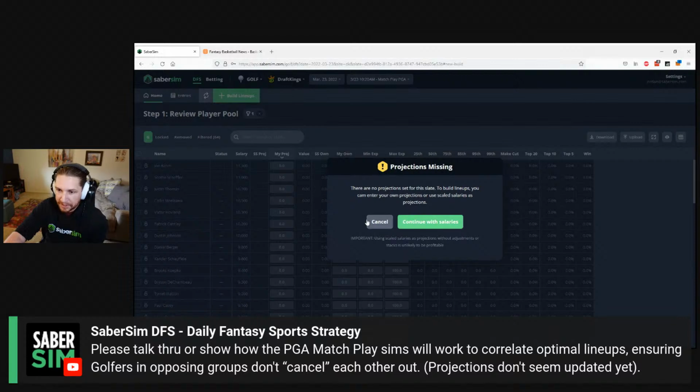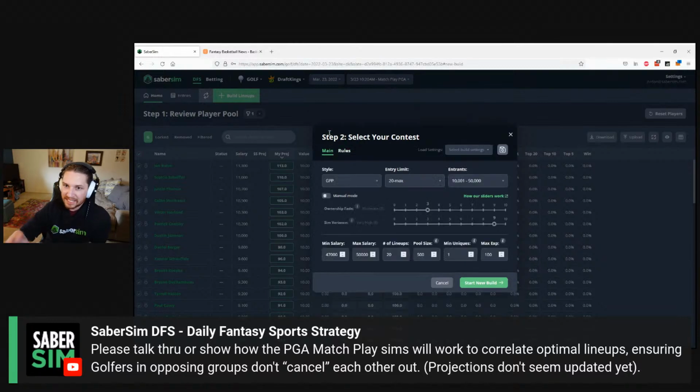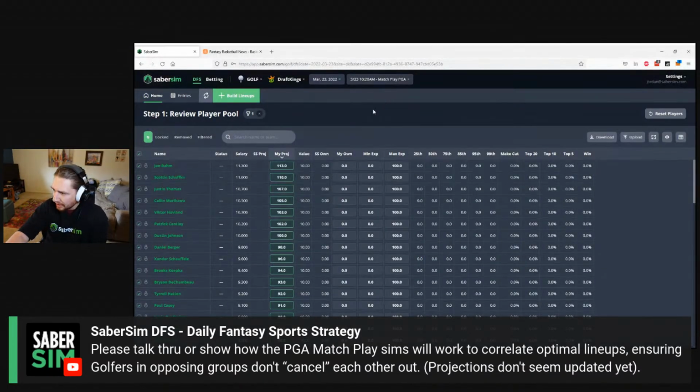But using our new group setting, you can group out players that are in the same group and in the same segments of the bracket and make sure that you're not getting too many of those players. And I think there can be a big edge for this event. It has been a difficult thing to prioritize getting a working sim up on our end, because it's hard and there's only 1 or 2 events that are match play the entire year. So it's difficult to justify until it's the week of the event, and it's like, man, we really need a sim for this. But unfortunately, we won't have real support here for it. But I think there's an edge here if you can build the groups out.